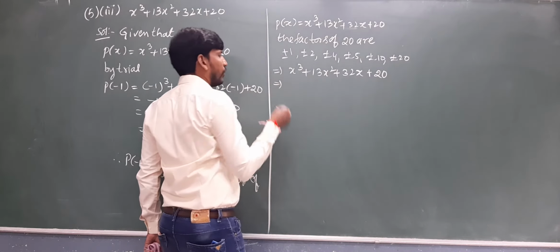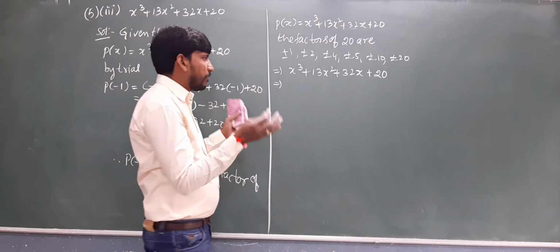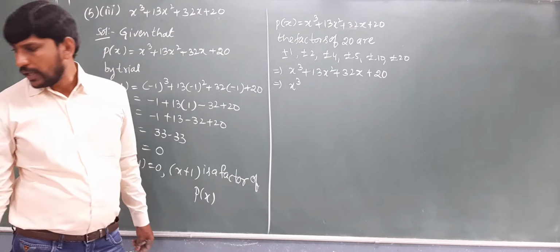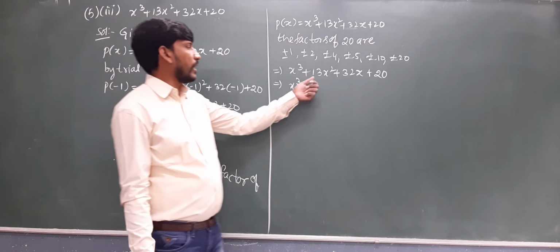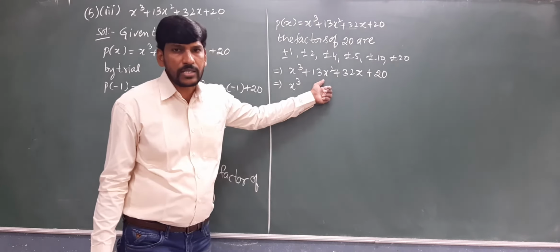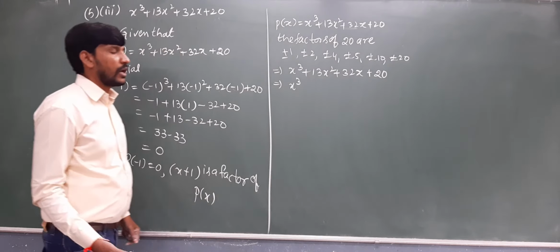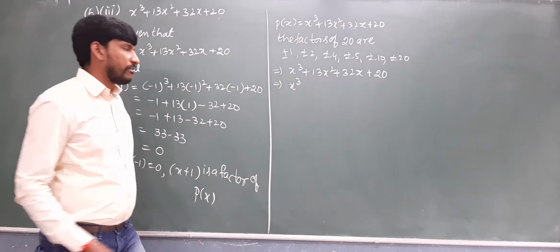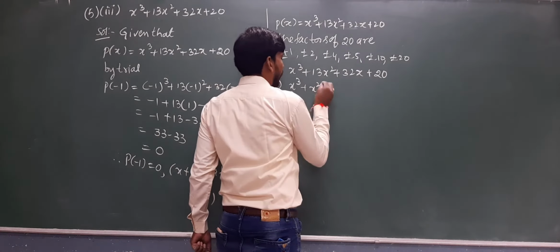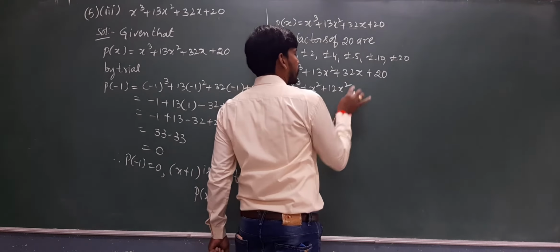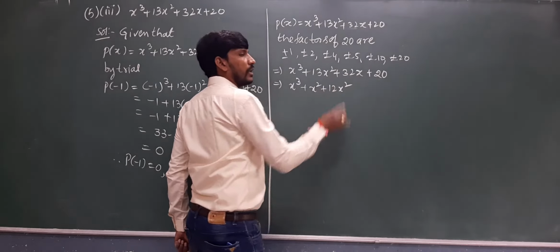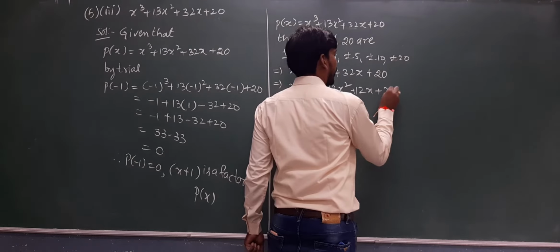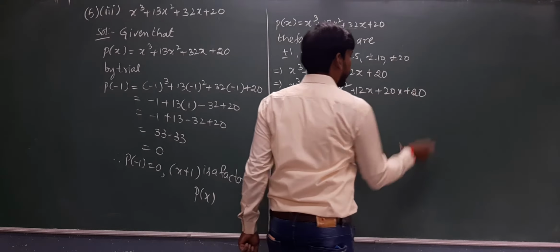Now see this here. How am I going to write this down? How am I going to simplify this? This is x cube as it is. I am not changing anything here. But you need to change this 13x square. 13x square can be written as 1 plus 12. Why 1 plus 12, sir? Why x square plus 12x square? Because I want x plus 1 as a factor. So to write here x square, I wrote the next one as 12x square. So here 12 is there, here 20 is there. You should get 32. So 32x can be written as 12x plus 20x plus 20.